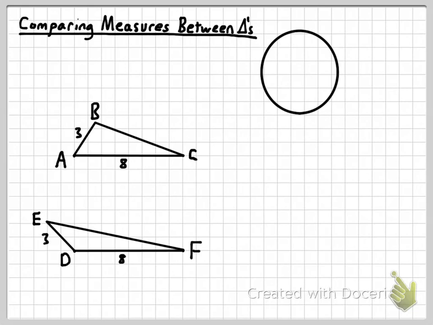All right, so let me show you this then. Here I've got two triangles where it turns out I can compare a side between them. Now, in order to be able to compare a side with one triangle and a side in another triangle to see which one's longer without actually knowing the side lengths, you have to have two sides that you already know are congruent to one another. You can see there's a 3-unit segment and an 8-unit segment in each one. All right, now this circle is just to show you that they actually are the same because those are arbitrary numbers. So let me move the circle over here so you can see that indeed